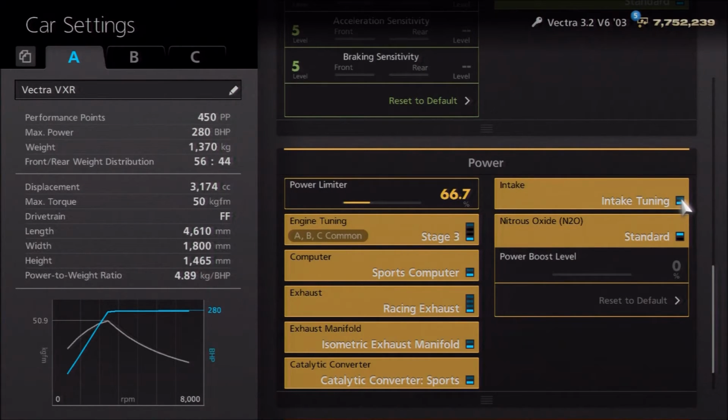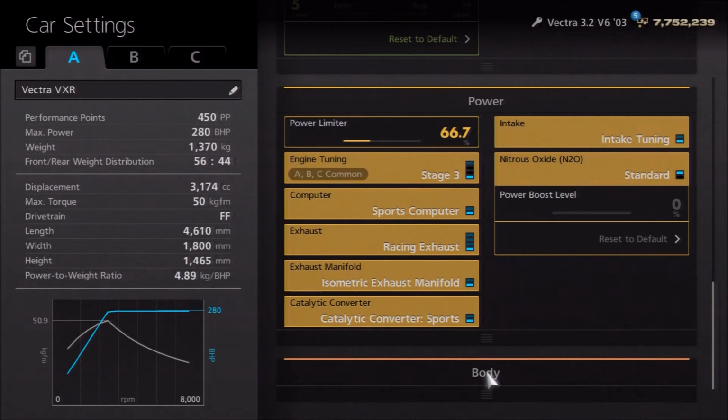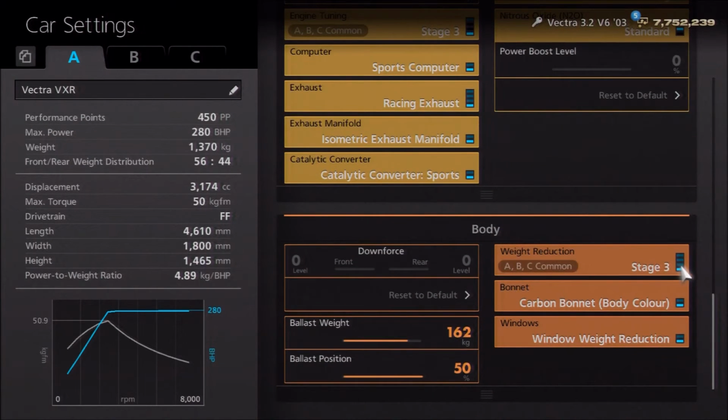So obviously, again, there's room for variation. It depends how you want to go about the tune. If you don't care about making it PP relevant, then just fit the parts necessary to get 280 horsepower. As far as the weight, we've got the full weight loss package and then added 162 kilos